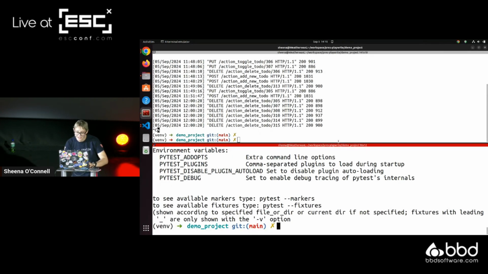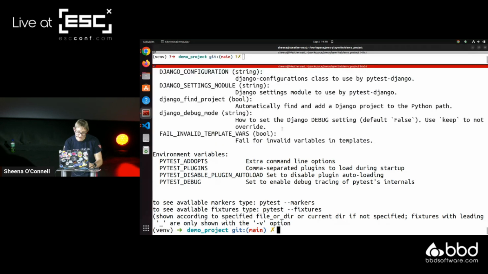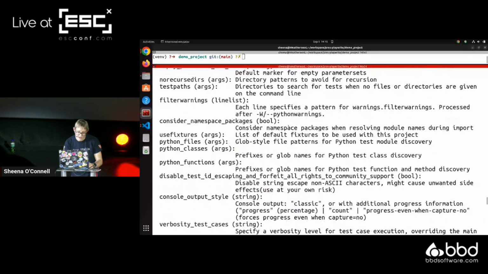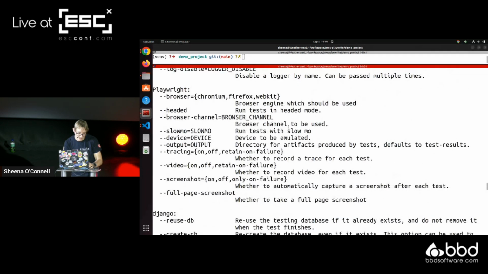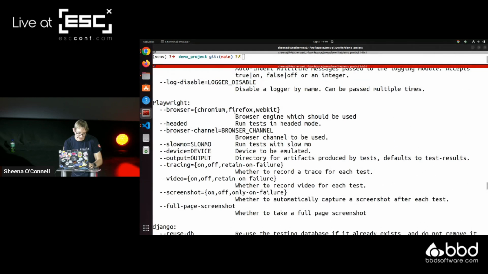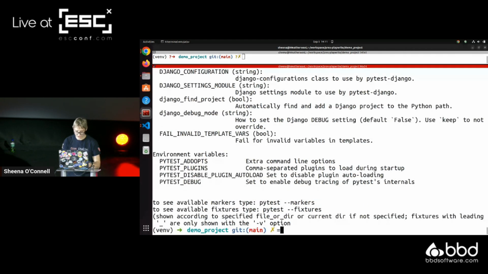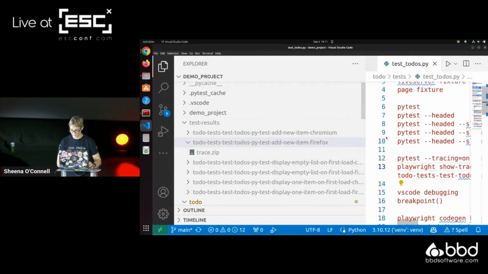All right. So if I scroll up here, then you'll be able to see eventually that there's a whole lot of different things that Playwright can do. We can turn tracing on, we can turn tracing off. It's off by default. And then we can also just say retain the traces on failure. So the stuff is available at all points in time, and it's all pretty good and straightforward stuff,